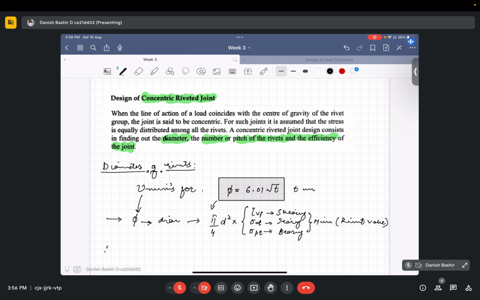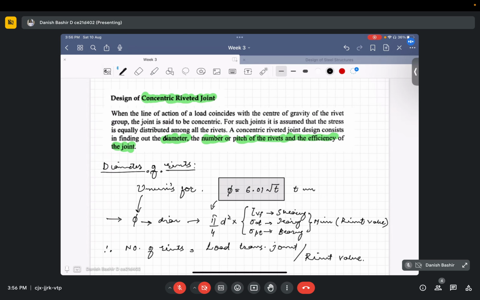So therefore, the number of rivets will be equal to the load transmitted by the joint divided by the rivet value. Okay,